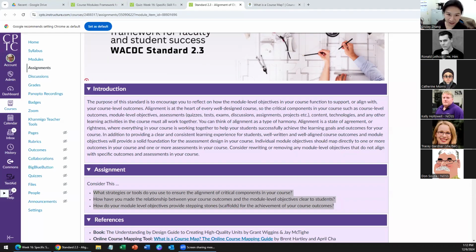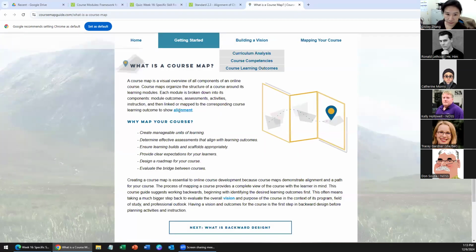So it looks like we are talking about alignment of our outcomes with college-wide learning outcomes, right? Are we talking about the program level or course level? This one is actually more at the course level, and then aligning objectives, what they're doing in their individual classes. So we're talking about course design, correct? Yeah, and I was going to go over this one a little bit later, the course map